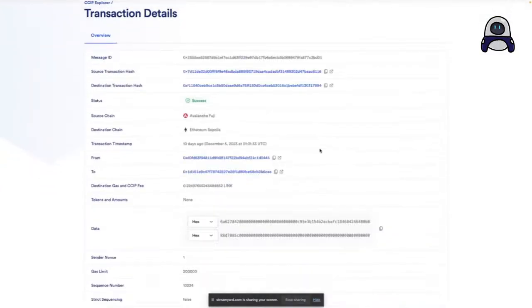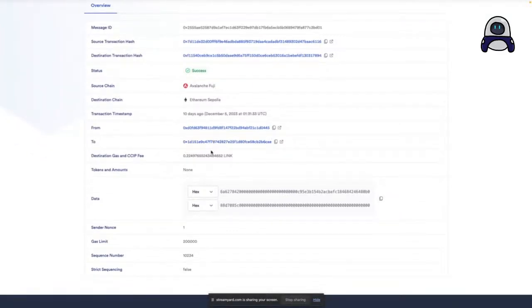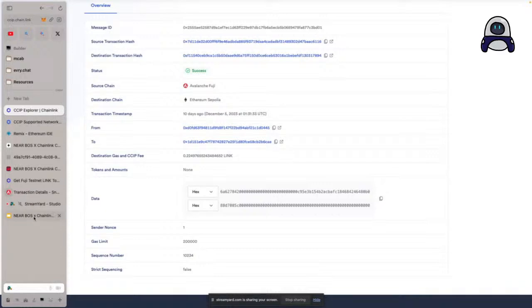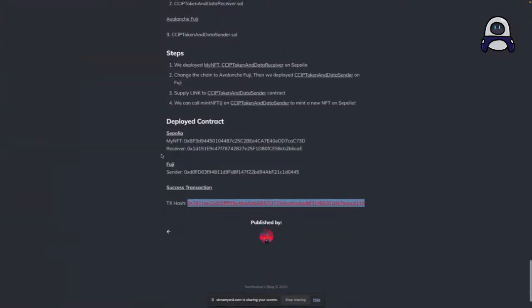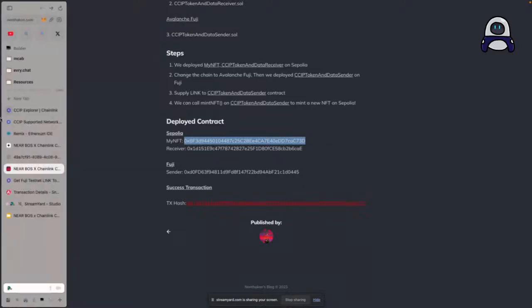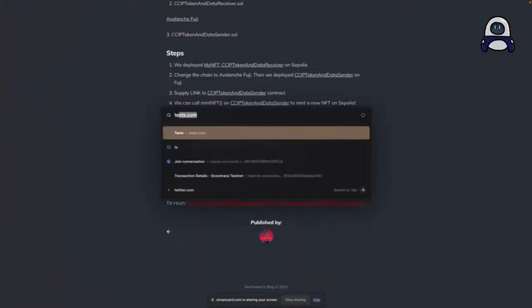Yeah, if it's completed, it will look something like this. So you will have a green mark right here called success. And you can see if the NFT is already minted or not, which in my case is already minted. Let me get my notes again. Oh, wait, that's it. Okay, right here. This is the NFT of mine. I can copy this address and head to